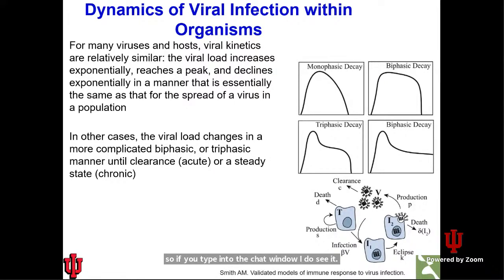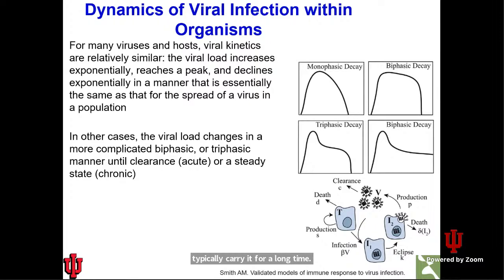Okay. So one of the things that we can ask is, now somebody gets a virus particle in their lung. That virus infects a cell. That cell produces virus and infects more cells. That's actually very similar to the process where one infected person infects a bunch of people in a population. They go on to infect more people and so on. Just the way in the population, individuals typically clear the virus, unless it's something like HIV or tuberculosis or bacteria, where you typically carry it for a long time. Hepatitis, another disease you typically carry for a long